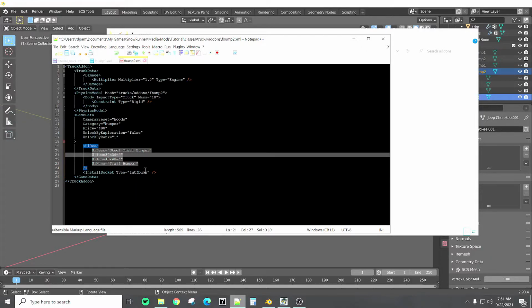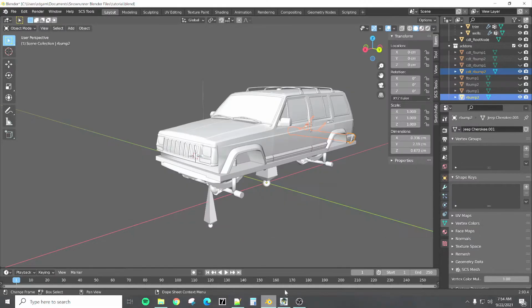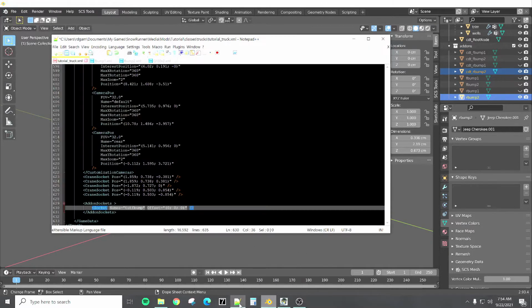And then we're going to keep that same install socket there. So F2. Now we should be able to save this. Okay, I figured out my mistake. Forgot the parentheses around the offset. So now if we save that,